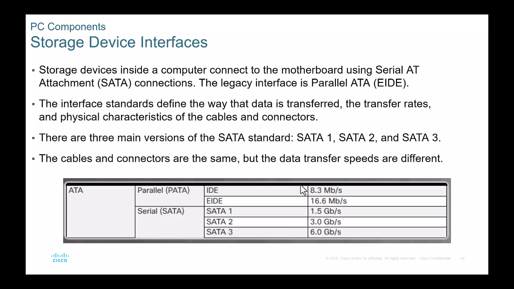And then SATA first came out, and we're like, holy crap. And then RAIDs came out where you had two drives, and you could do RAID 0 and put some data here, some data here, and it made it faster because they could access it faster. And now we're kind of spoiled by 6 gigabits per second with the latest serial connection speeds. So just be aware that the legacy connection, which is going to be a wide gray ribbon cable, is known as IDE or Parallel ATA. Again, it shouldn't be on the test. It's more of a reference to show you where we were and where we are now.